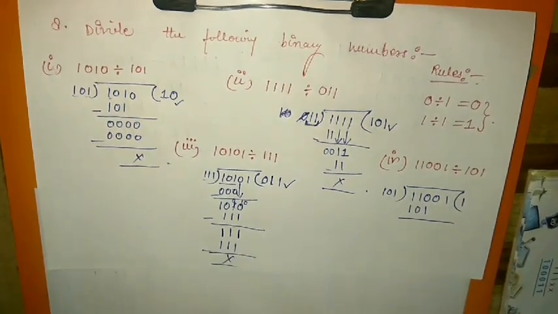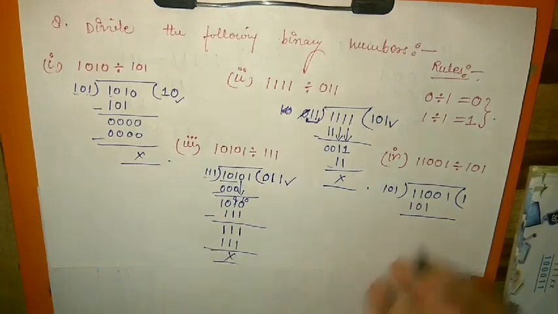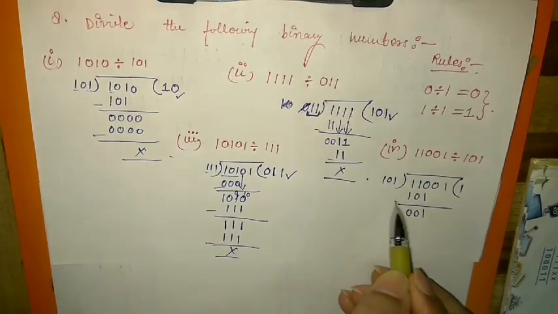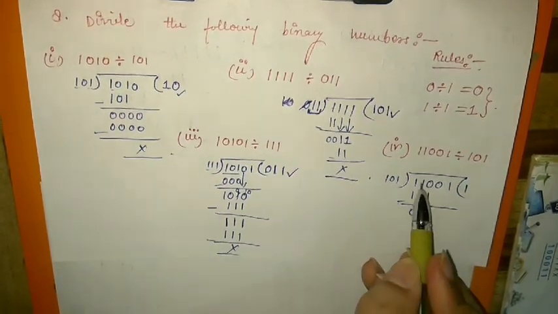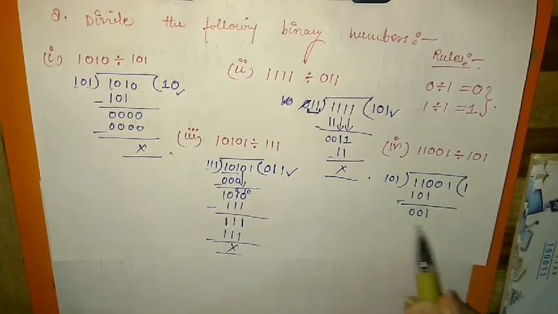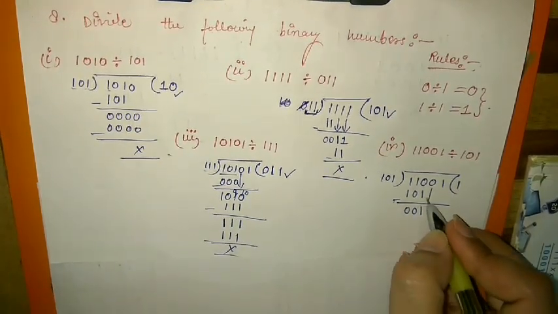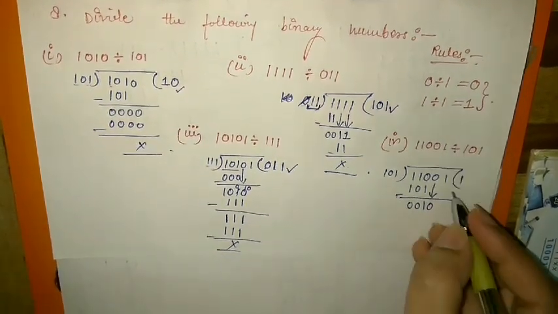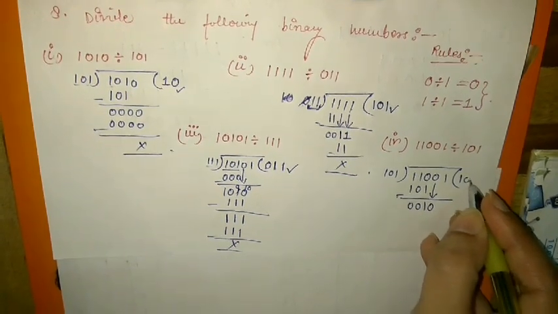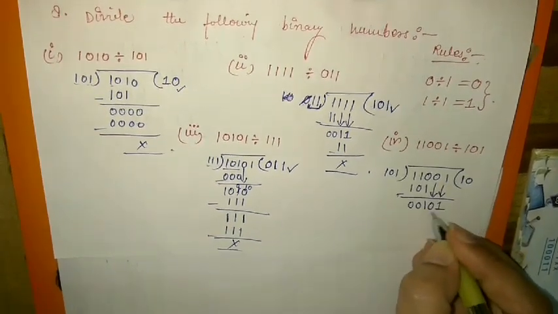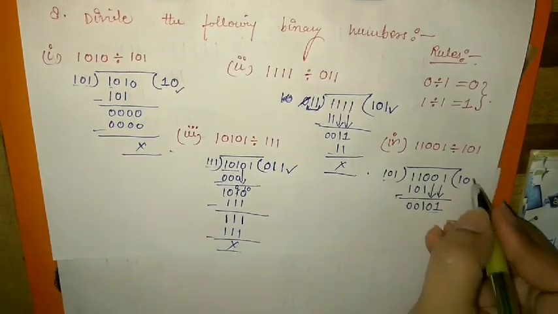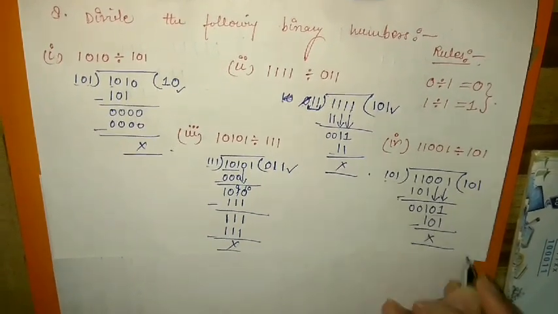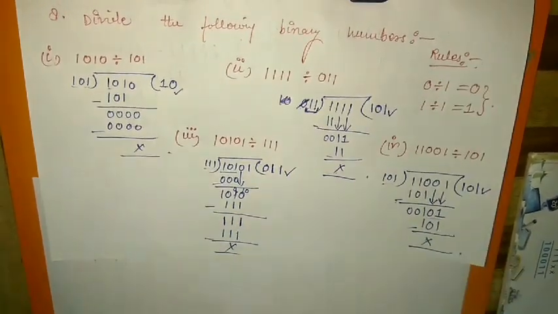Okay, now you will subtract this. When you subtract, what will you get here? 0 0 1, you will be getting. Try to multiply and subtract, and you will be getting 0 0 1. From here you will borrow, and at the same time apply all the rules of subtraction here. So here the 0 comes to the bottom. Then this number is smaller than this number, so again you want this 1 to come down, and you apply 0 over here, so this 1 comes down. Then exactly the number you want is over here. Here you multiply it by 1, then you will be getting 101 and subtraction will give you nothing. Okay, so this is basically the result of your fourth part.